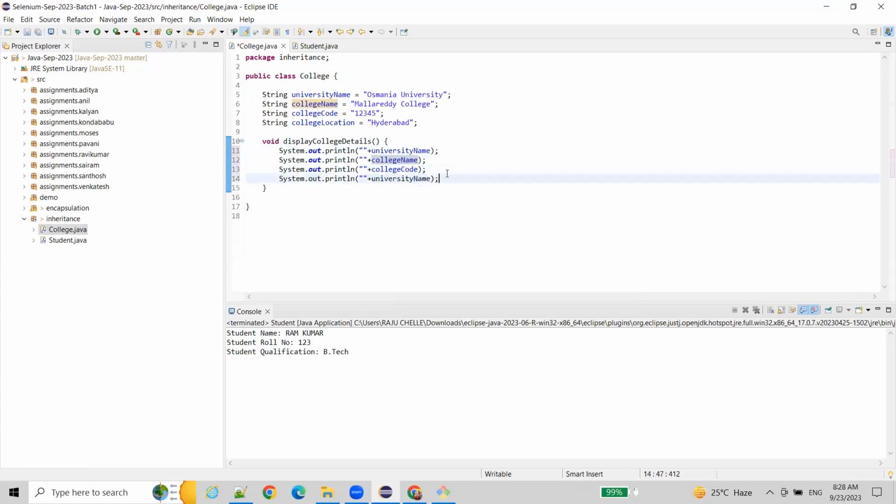Similarly, you have college location. Okay, so if I want to display,